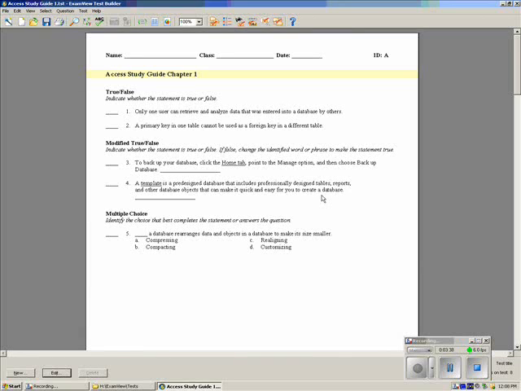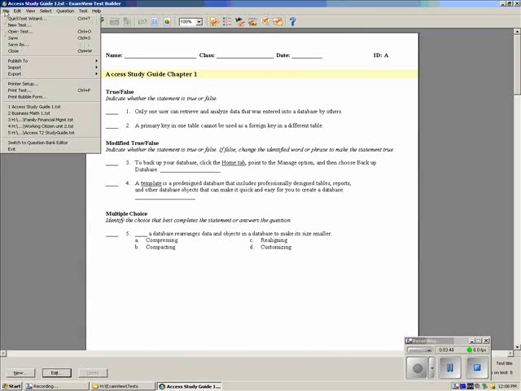Now we need to publish it so it's available for the students over the local area network. So we're going to go up to the File menu, down to Publish To, and we're going to publish it to the test